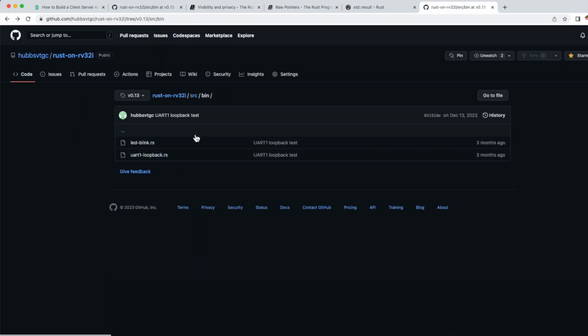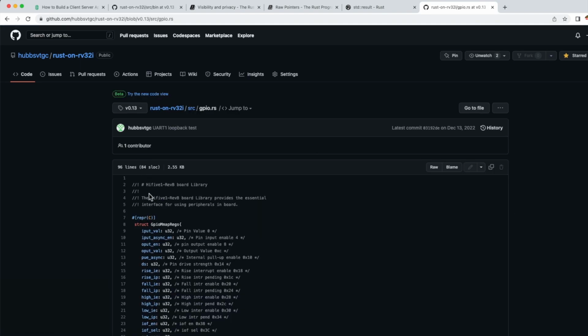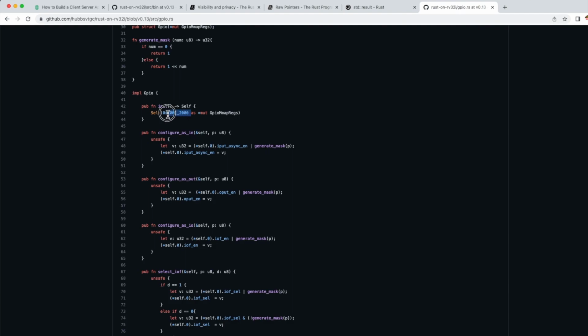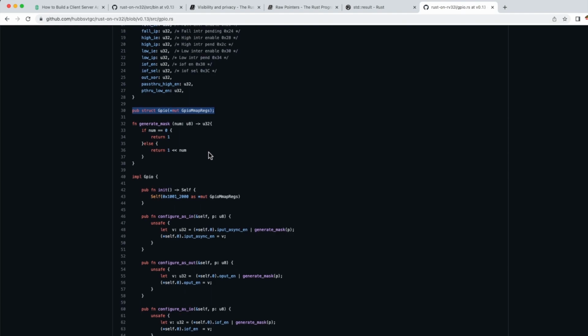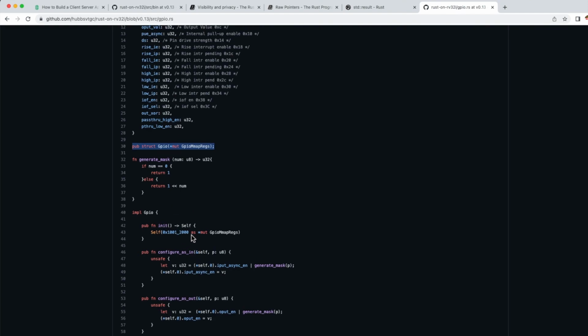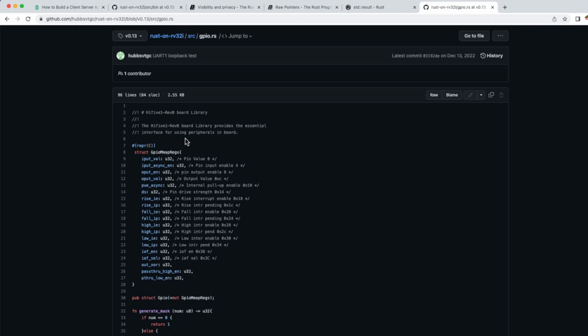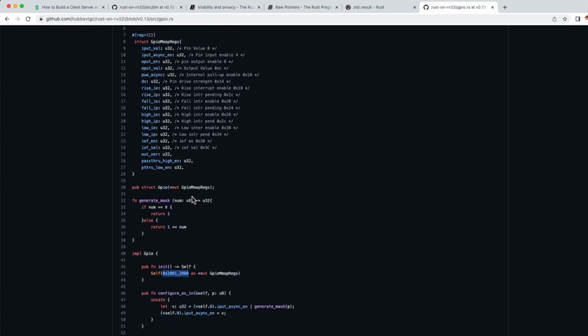GPIO init would return the GPIO layer memory map address. So this is a tuple struct in Rust, and this is nothing but a raw pointer to this structure. So the problem with this layer is that first,